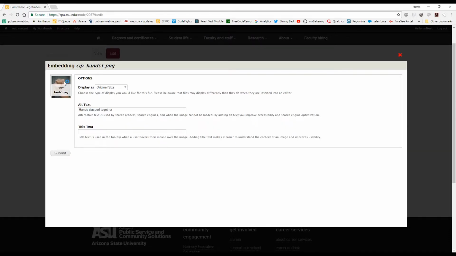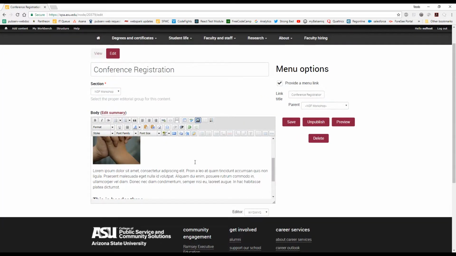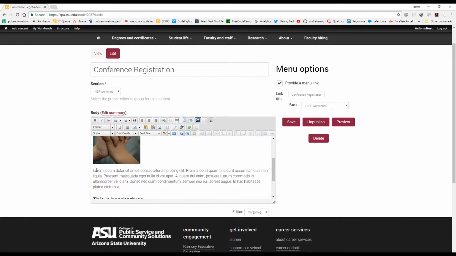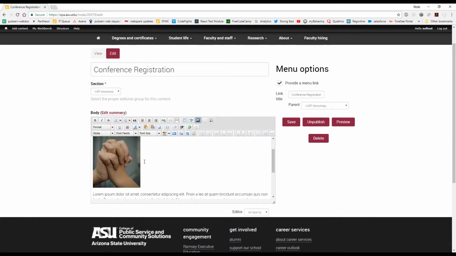So then we're going to hit save, and now we see a thumbnail of the image, and we'll just choose original size. I recommend that you size your images before you upload them. That just makes it easier to place them. So then we're going to hit submit, and now we've got this image here. You'll notice that the image is on its own line. If you want to wrap the text around it, there's a way to do that. You can select the image, and then